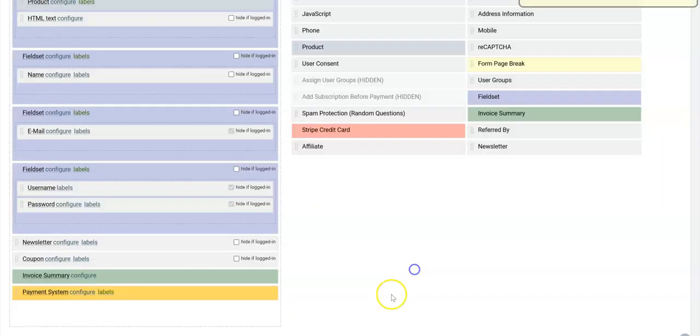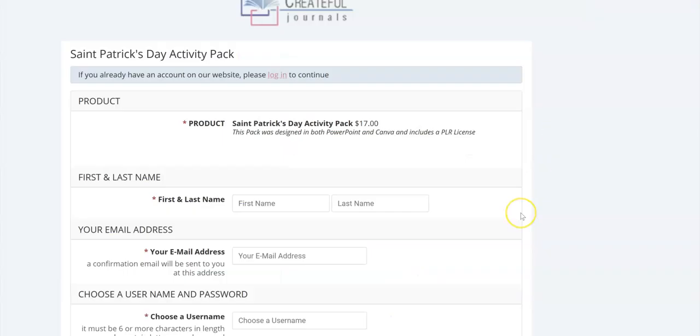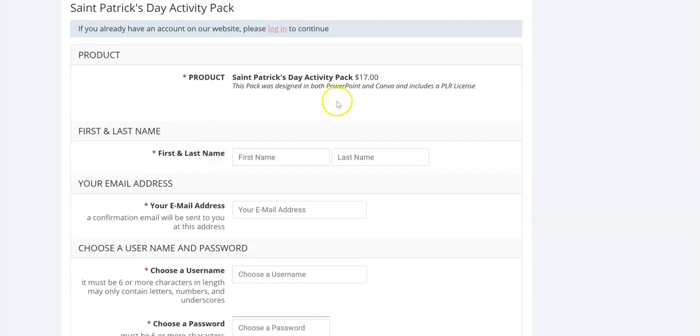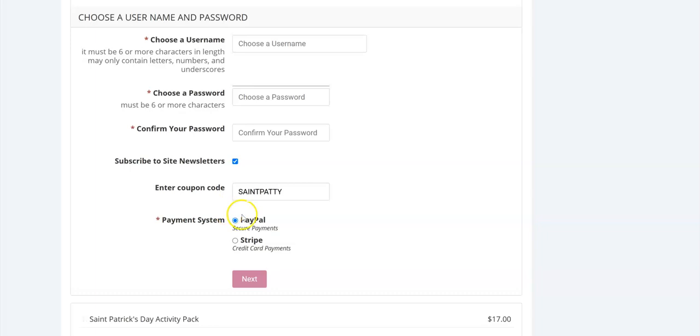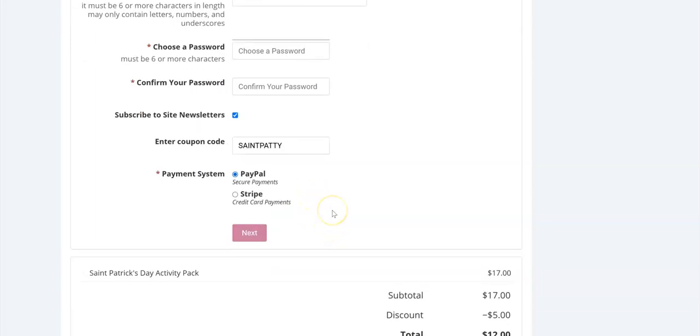So then you would just click OK, click Save, and then you come to your buy button. So when your customers click on your buy button and they go to the Amember checkout page, this is what they will see. So it will have the product, and then if you scroll down to where your enter coupon code is, it's already there for them,